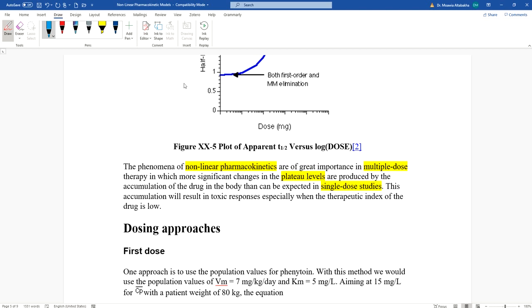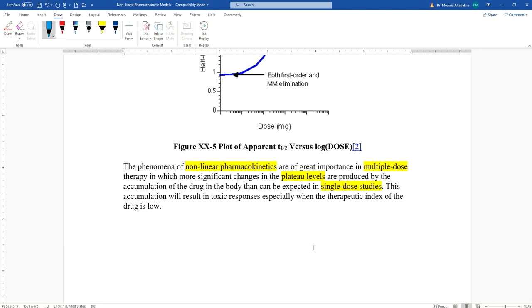We said that the rate of metabolism, or in this case elimination, is equal to what? It's equal to, if you remember, Vm times Cp divided by Km plus Cp, right? Okay. Now, when we give multiple doses of a drug that follows Michaelis-Menten kinetics,